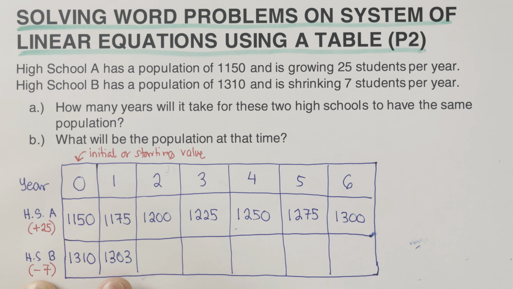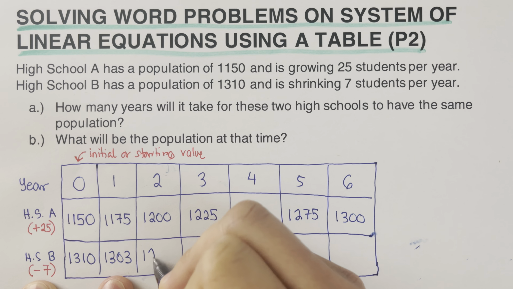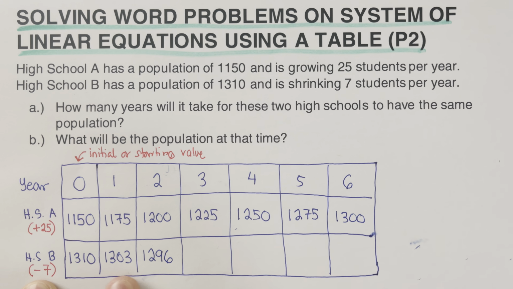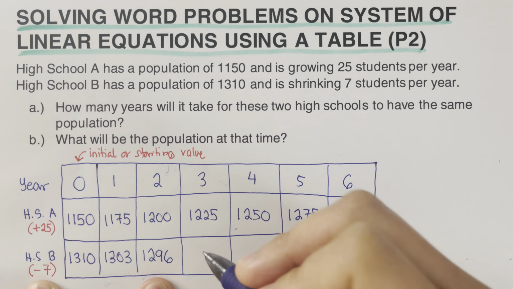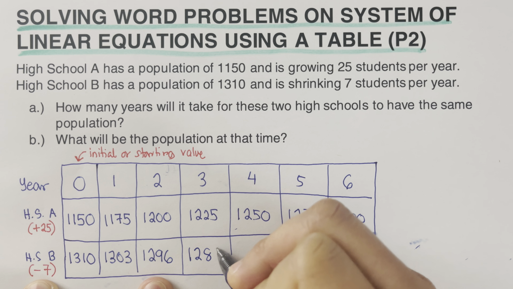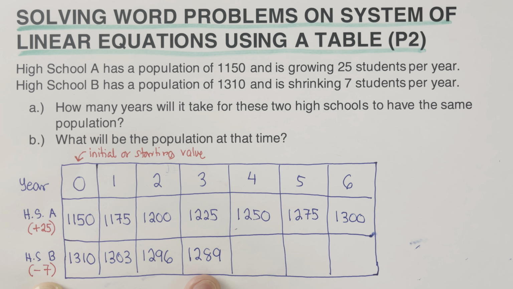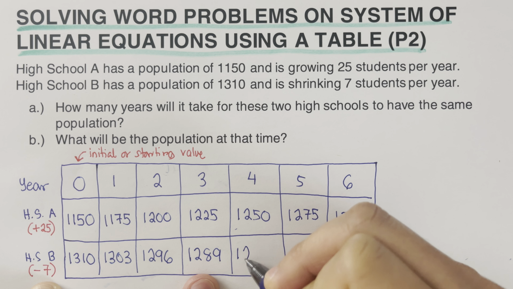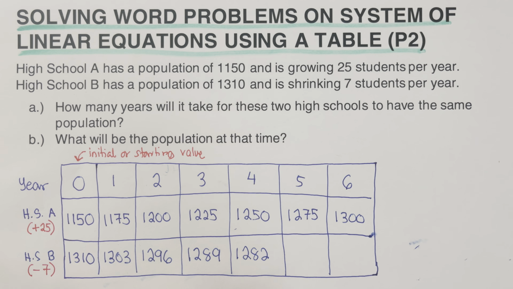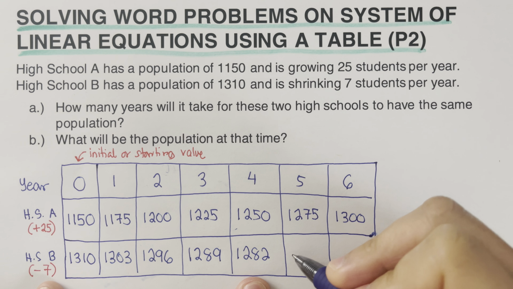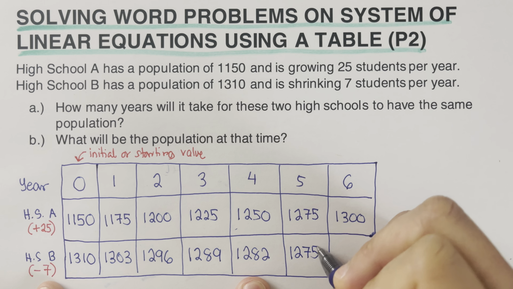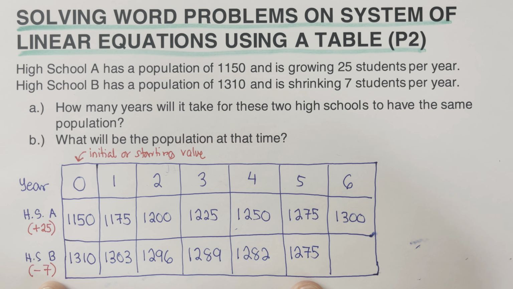1,303. 1,303 minus 7 would be 1,296. And then 1,296 minus 7 would be 1,289. 1,289 minus 7 is 1,282. 1,282 minus 7 is 1,275. And then 1,275 minus 7 is 1,268. Now, we're going to look at the table and determine what value for high school A and B will